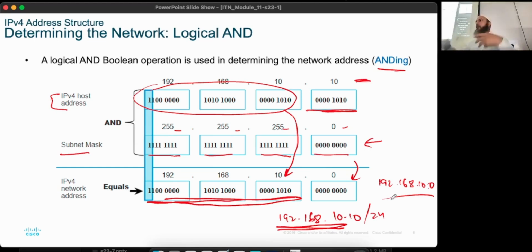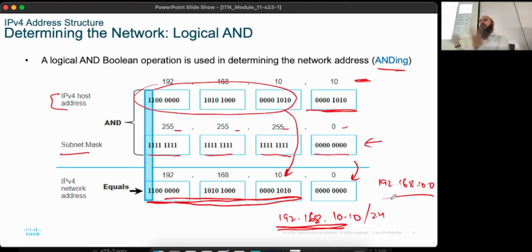If, for example, in an exam of any sort, you are given 255.255.255.0 and the IP address, then it's much easier to just look at it and do it. If it's /24, then you have to be careful. What if it was /25? Then you have to do binary. Make sense? If it's /25, then you cannot do it directly. You have to do a little bit of binary conversion, and then it's going to make sense.